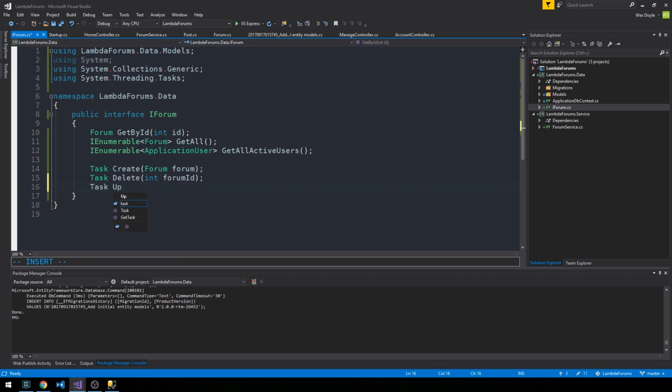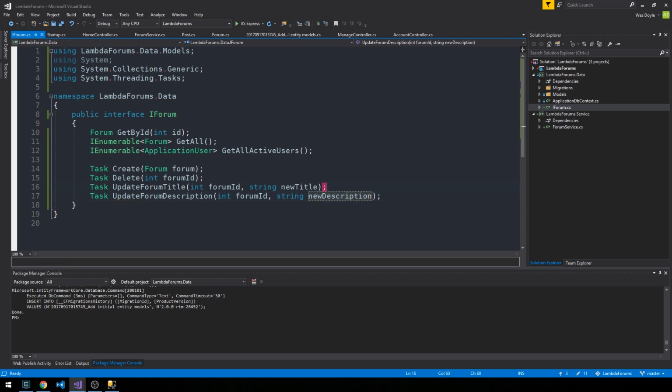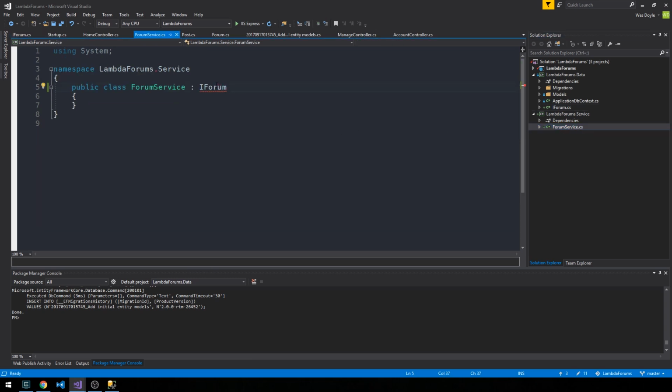And we'll just write a simple update method here, say to update the forum title or description, so we'll write one for each here. So maybe we would pass that a forum ID and then the new title. Likewise, maybe for description, we do something similar. Okay, so that's a pretty bare bones, simple interface with a few methods defined on it, which I think is good. So now if we head over into our forum service, you can see that we need the ability to